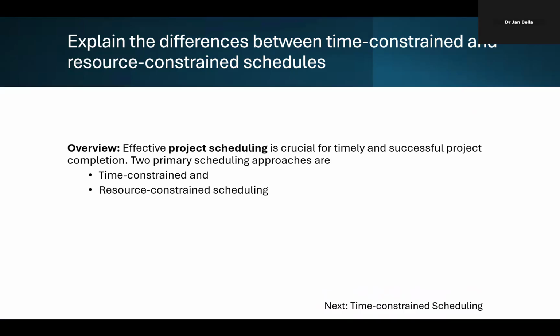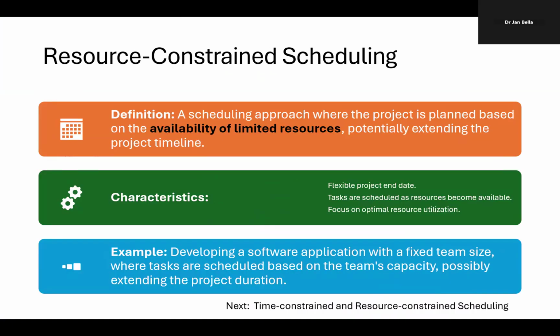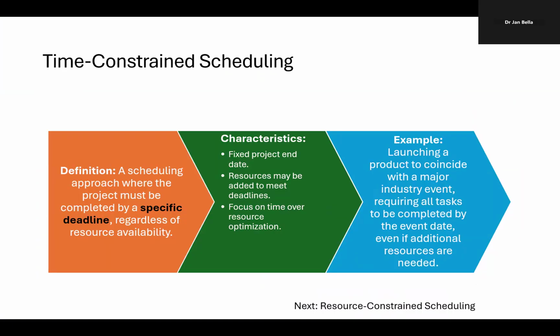Let's first look at time-constrained scheduling. A definition. The project must be completed by a specific deadline. Characteristics associated with this scheduling: a fixed project end date. We have to complete it by this time. No ifs, ands, or buts about it. Resources may be added to meet these deadlines, but our goal is to focus on the specific deadline. And then you see an example of